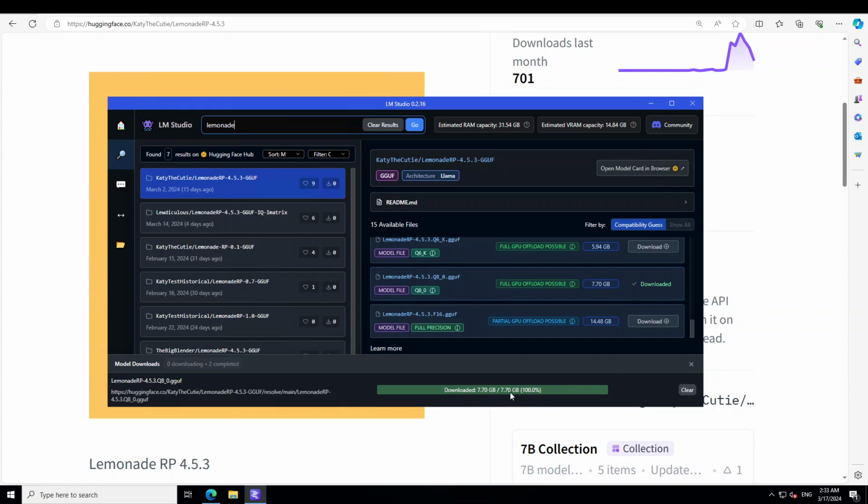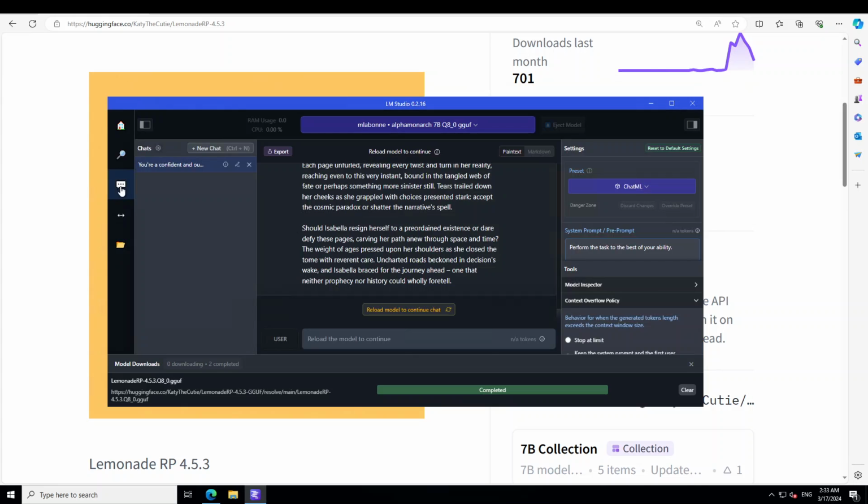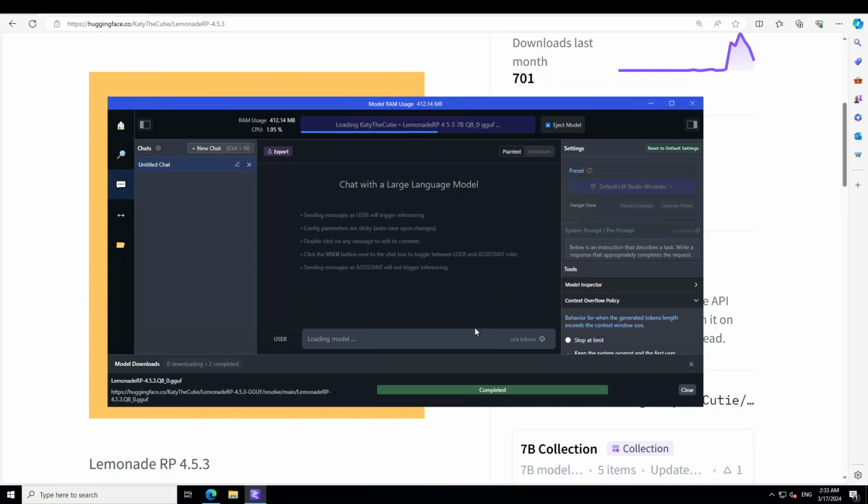I already have it downloaded, which has just completed. Click on this folder icon on the left and you can see that it is already installed. Click on these three dots and then let's load the model here. It is loading. Let's wait for it to get loaded. I'm going to delete my previous chat. And then from the middle, I have selected the model and you can see that right now it is using